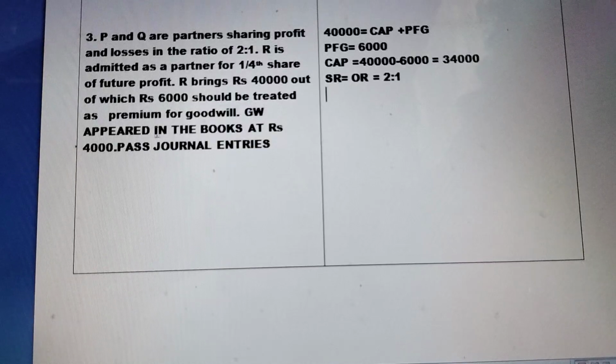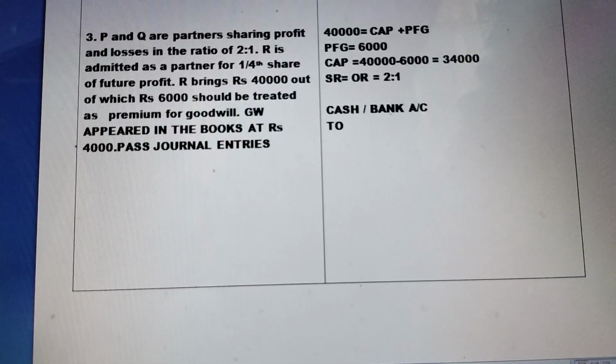Okay, but here the goodwill appeared in the books at rupees 4,000. So we need to pass one more entry for this. First entry is for capital and premium of goodwill. We can write even cash account or bank account debit to,